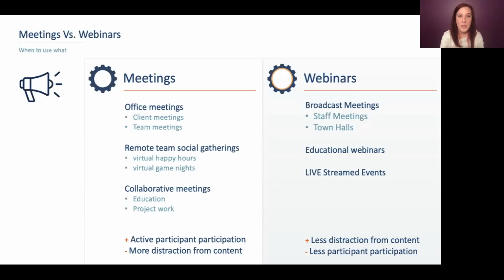There's some cool tools within the meetings platform, like the breakout rooms, but also whiteboards where you can have people working on the same project board together within the breakout room and then come back to the main meeting room to talk about what they did together. So when you move into webinars, a lot of that collaborative opportunity